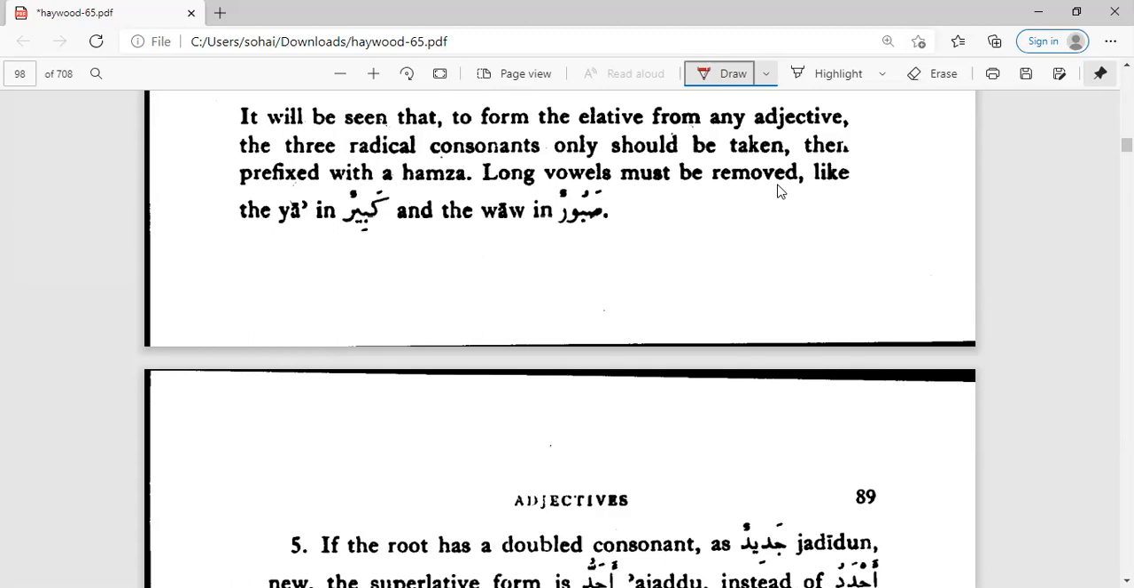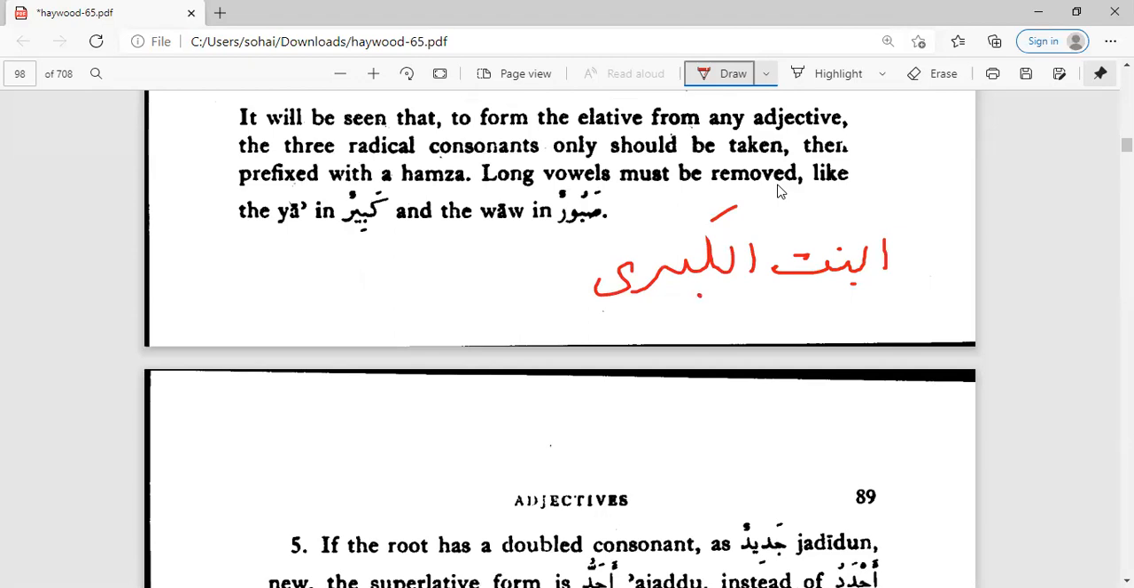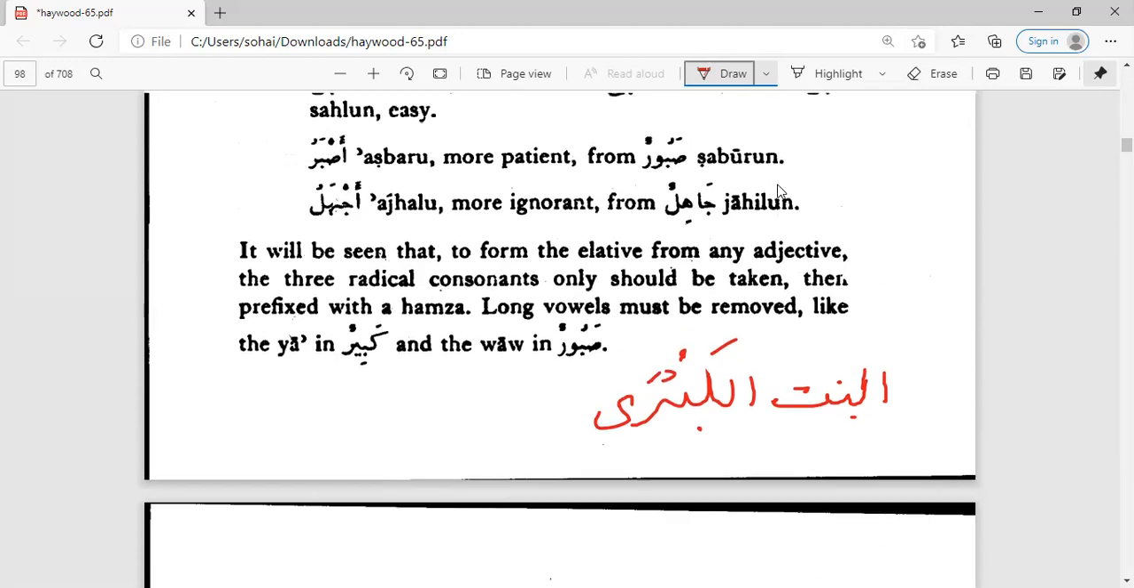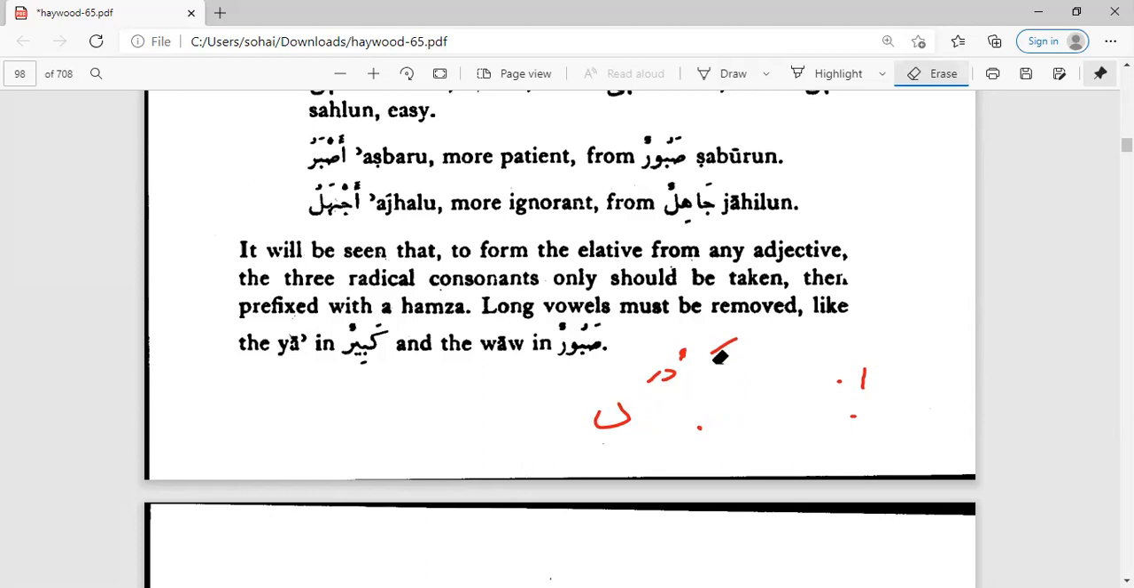So for example, it can be used. If you want to say Al-Bintul Kubra, it means the eldest daughter, right? We could use it like that more often. But as superlative and comparative, because this is not superlative or comparative, this is just the adjective of this. We're not saying she's greater than, she's just saying the eldest daughter. It's a different way of writing